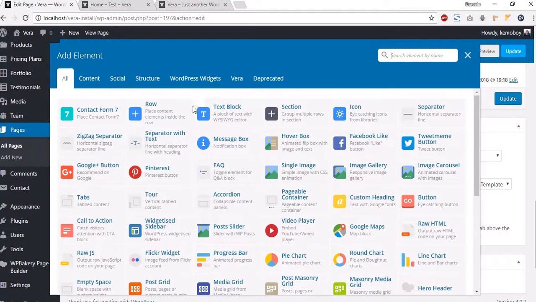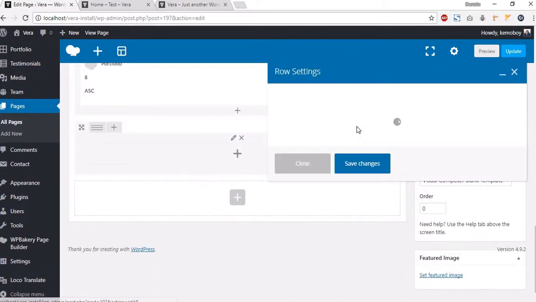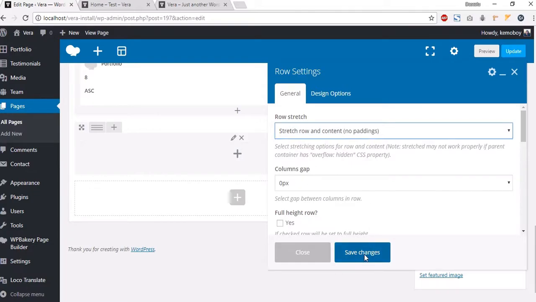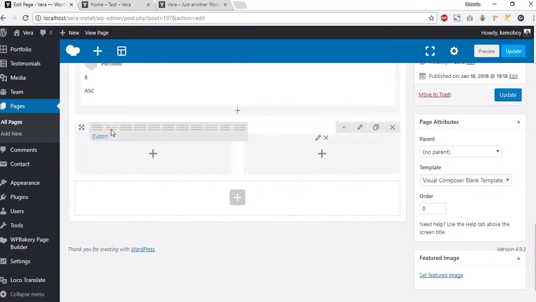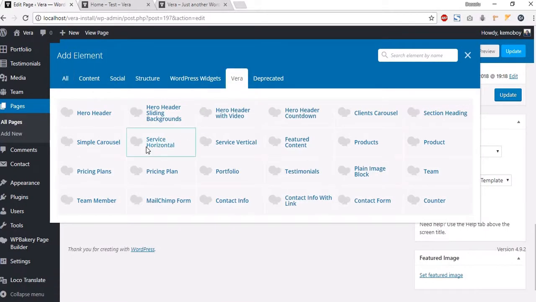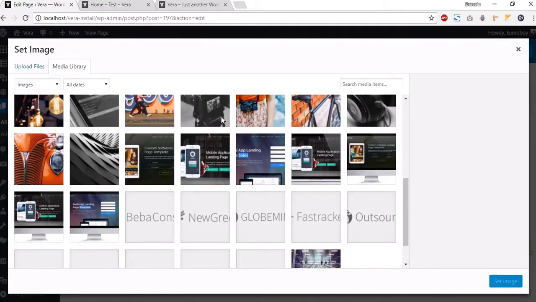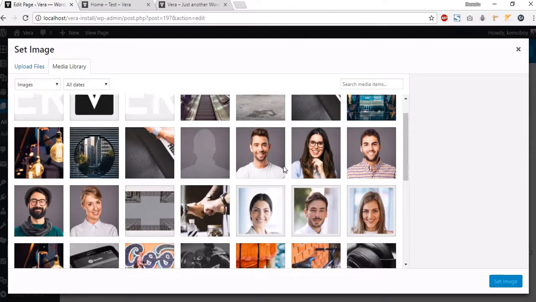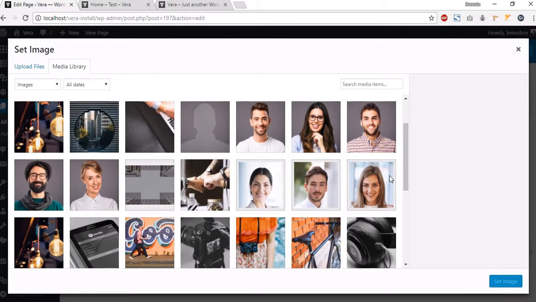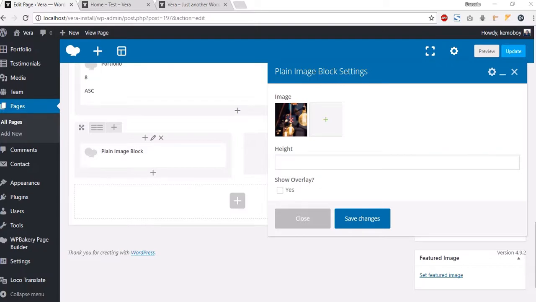So let's go to the page again, add a row, and here check stretch row in content, no paddings, split the row in 2, and here you may want to add this plain image block. Add an image, let's say I want this image, and here you can specify the height of that plain image block. So let's say 650 pixels,